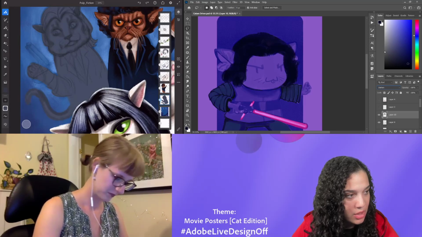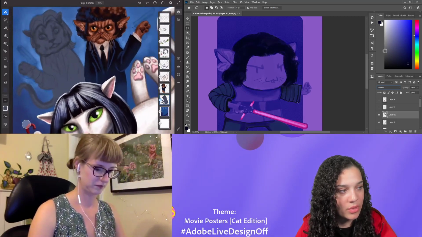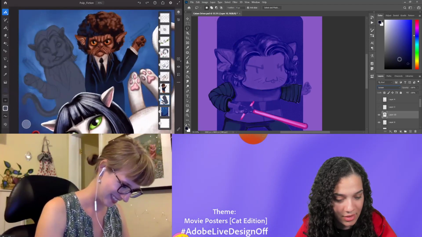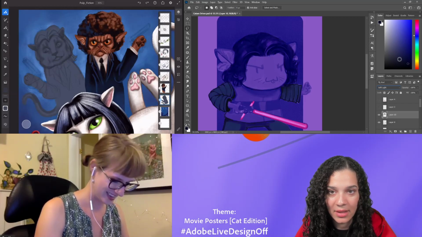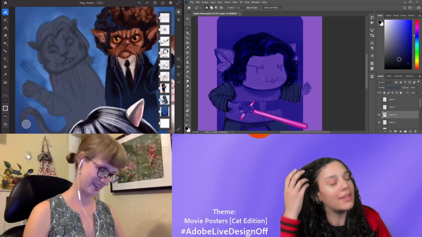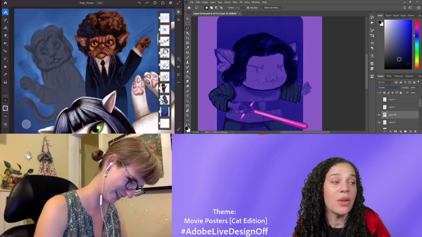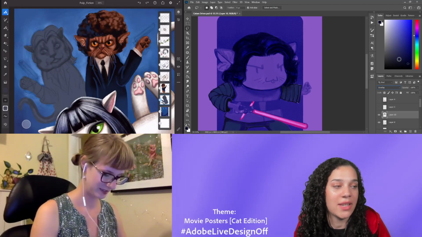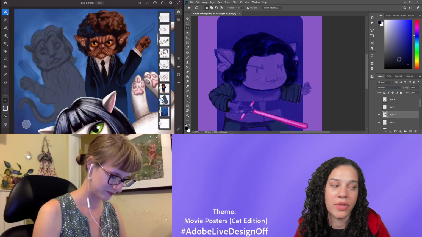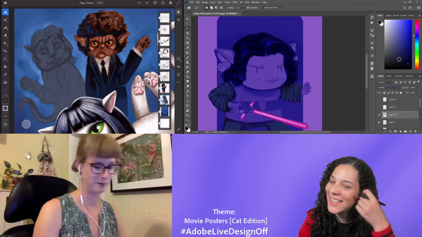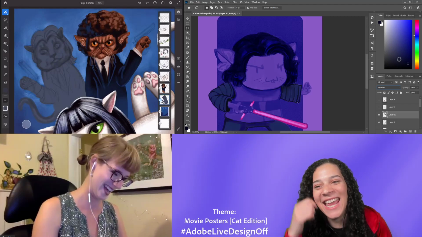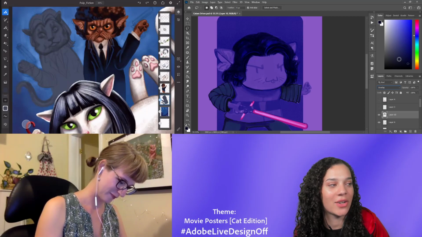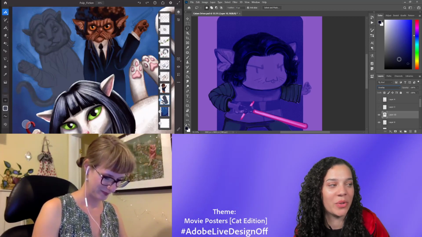All right, more blending modes. Gosh, that Samuel L. Jackson is just gorgeous. Thank you. Ugh, I love it. He's very serious. Does this guy look like John Travolta at all? I think he really does. I think it's in the jaw too. It's a cat head shape, but it's also a John Travolta head shape. So I'd give him the big male cat jowls. And I love the Samuel L. Jackson, he just has these eyes that are piercing my soul right now.